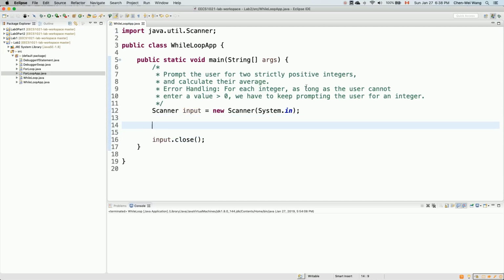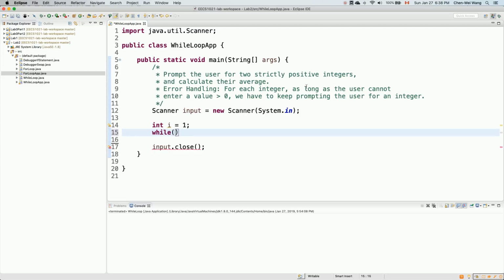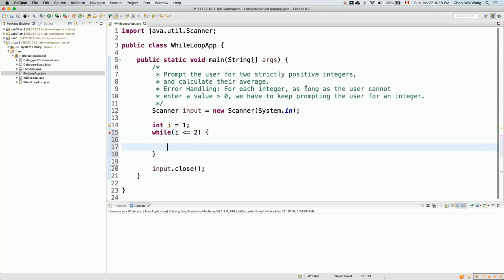Then we declare our loop counter, which is i. Integer i is equal to 1, and as we learned from the previous video, if we want 2 iterations, while i is less than or equal to 2, we do this and always put i++ at the end. Make sure you do that,